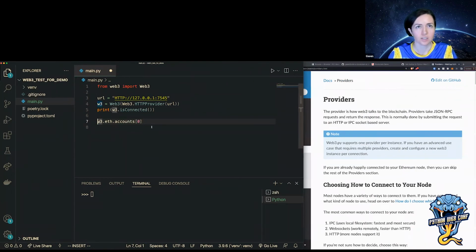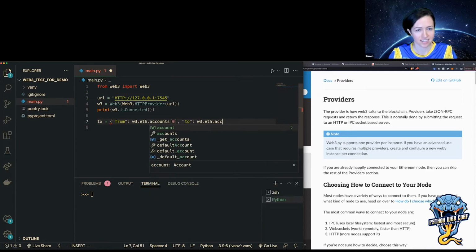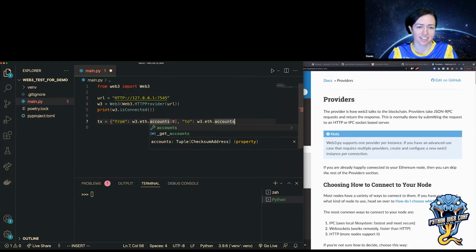So I'm going to create a transaction. So let me create a dictionary, and then I have a to address. So actually, let me do from. So from that 0th account, and then I'm going to do to, W3.eth.accounts, and this one will be to the account at index 1.